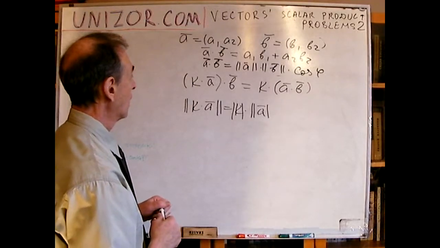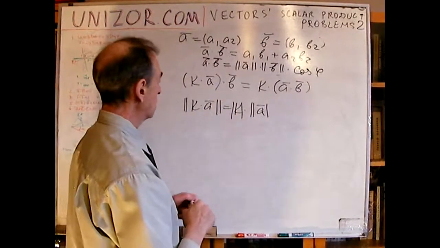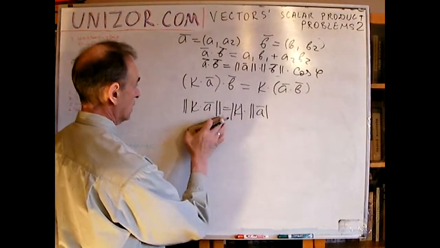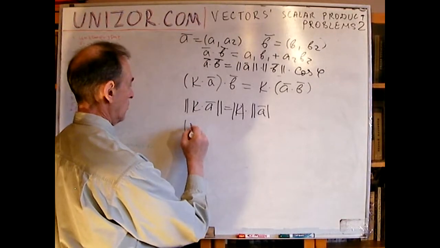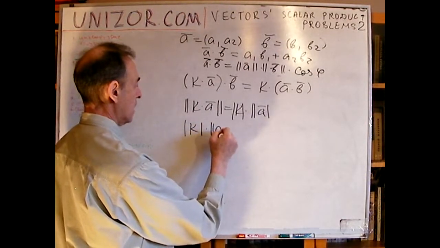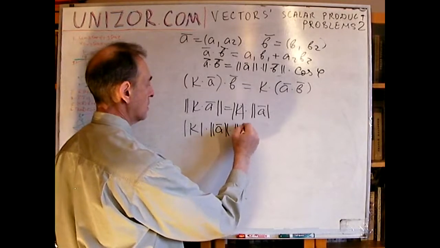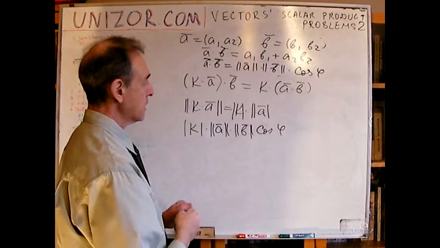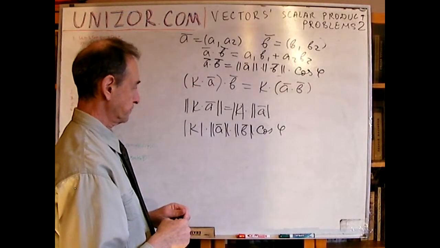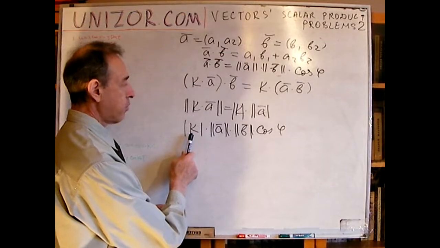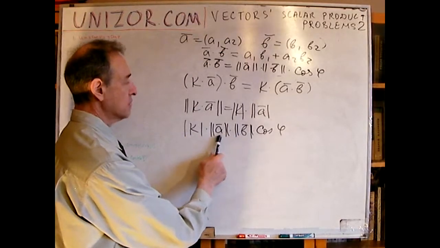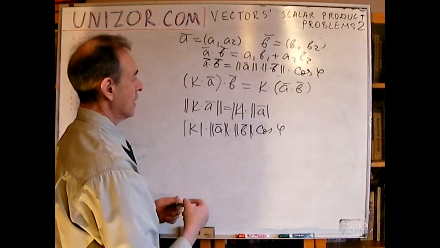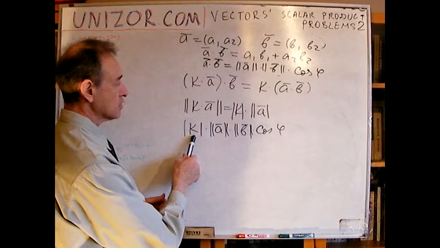Now, b is what it is. So on the left, I will have the absolute value of k by a by b by cosine of phi. Now, speaking about cosine of phi, if k is positive, then the direction between a and b remains exactly the same, so the angle is exactly the same as it was before. Now, if the direction is changed to the opposite,